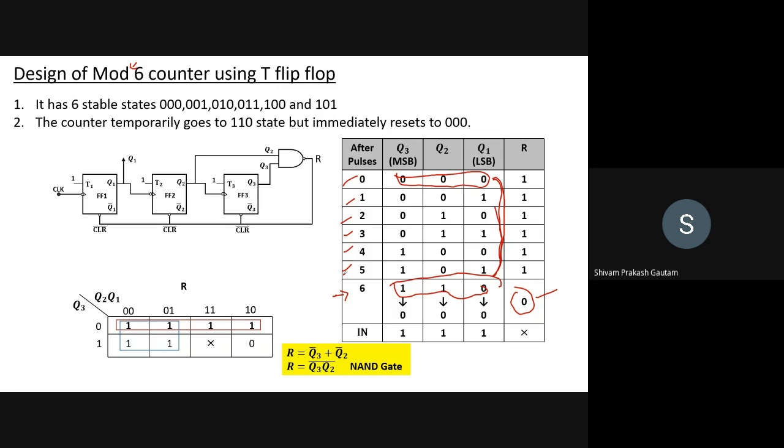And how can we make the output 0, 0, 0? If this is active low, we want the command 0, 0, 0 to flow here, and this will only happen when R is equal to 0. You can see because R is this. Do not think about this NAND gate right now. Let us say an arbitrary command y is there. We want y to be 0. Then only our output will be 0, right?